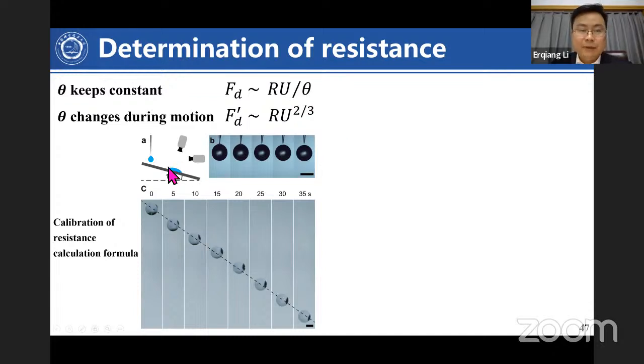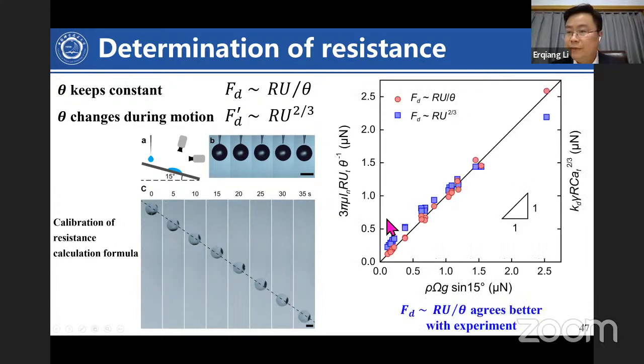So we do this experiment. We let the thin liquid film slide down along a thin wafer, which is tilted at 15 degrees, because we know the gravitational force very well, right? So it will accelerate at the beginning, but it will reach a terminal velocity. Then we can measure this velocity. Then we know the gravitational force, we know the resistance force, right? So this is the data. If you use either way, it works pretty well. But we think the red dots, where you use this one, work even better, as we can see from this data. So we use this one as the resistance force.